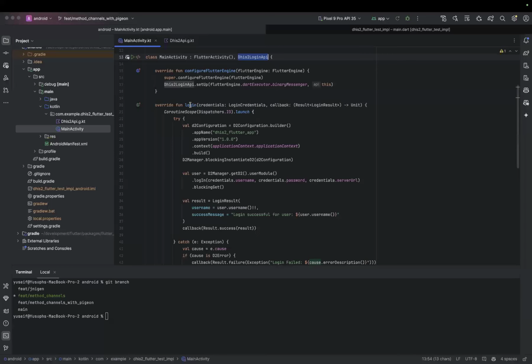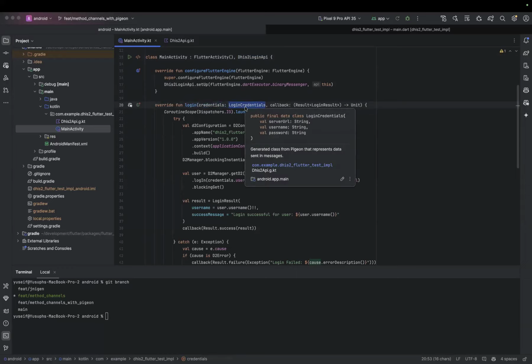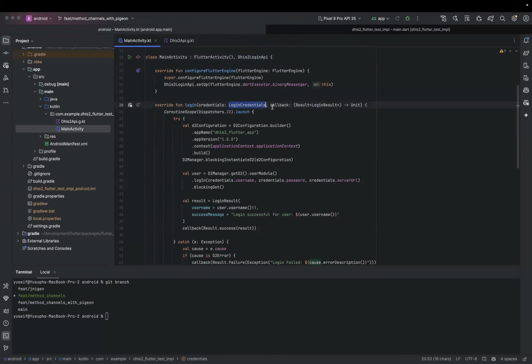So here in the login function, the login function receives credentials in terms of custom classes. This is a Kotlin custom class that has also been generated by the Pigeon package. And then it also receives a callback. A callback takes in a result in terms of login results, and then we'll use that to return the result